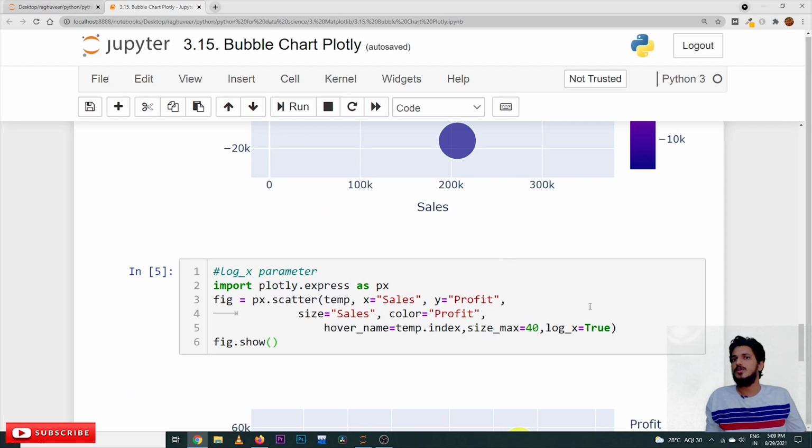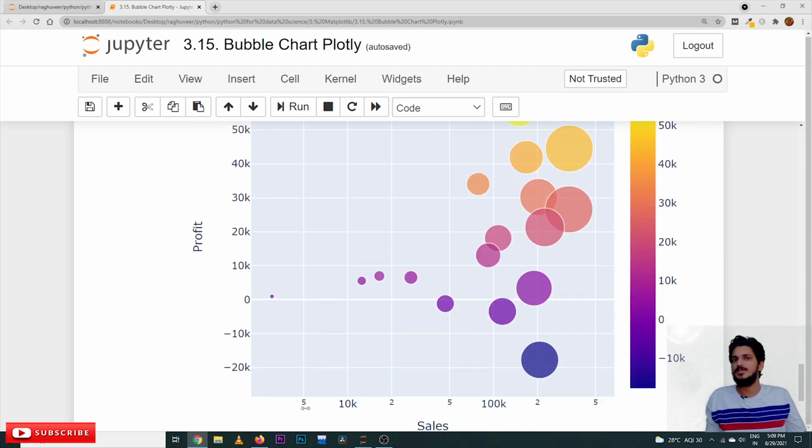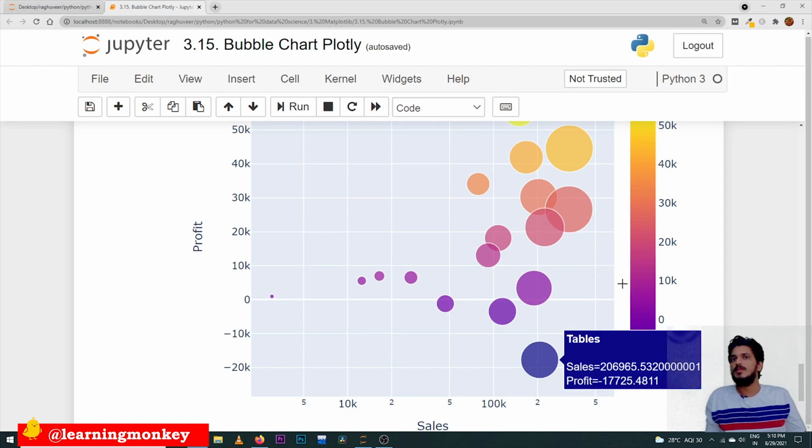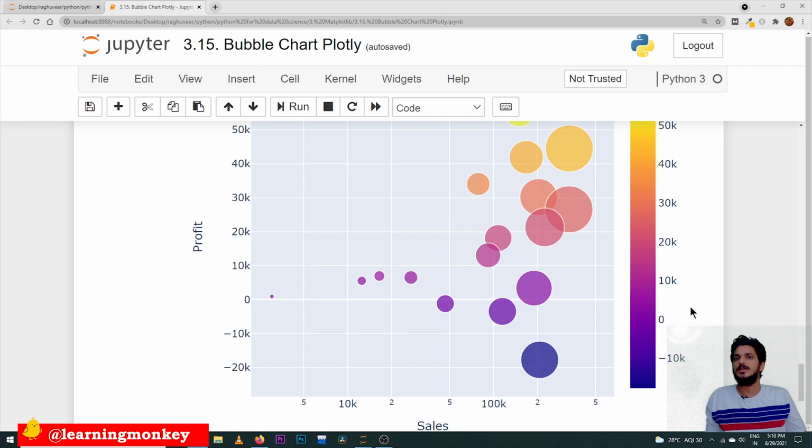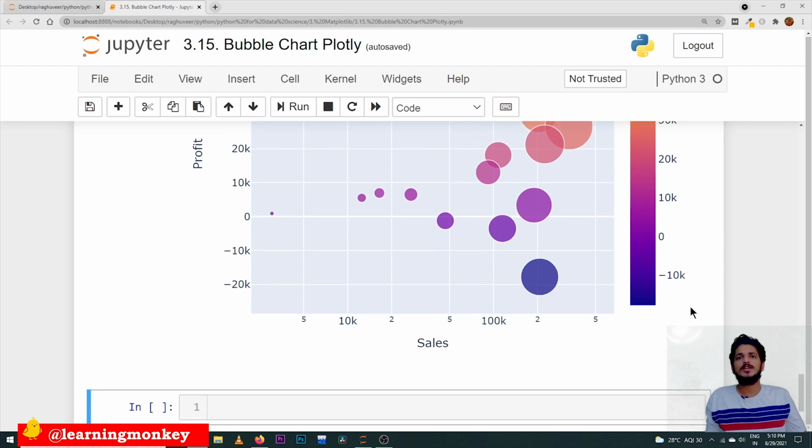Log x is equal to true means the x-axis will be on a log scale, so the values below 10k are shown as log values, log 10k values are converted. See, the values below 100k and the values after 100k. That is how the bubbles are placed. Hope you understand the concept.